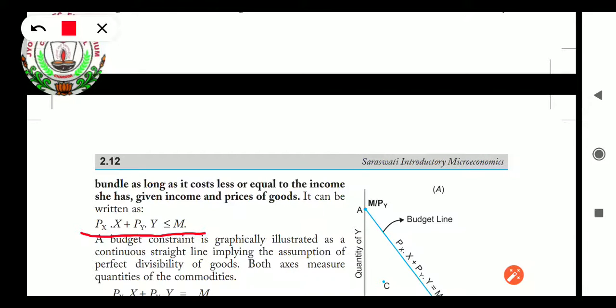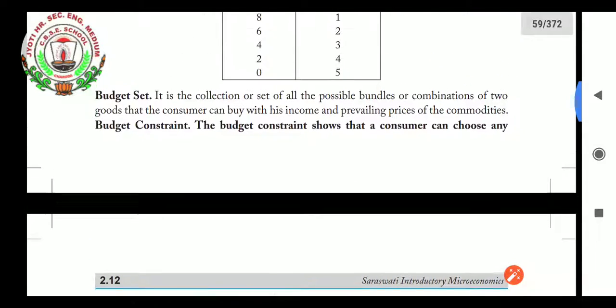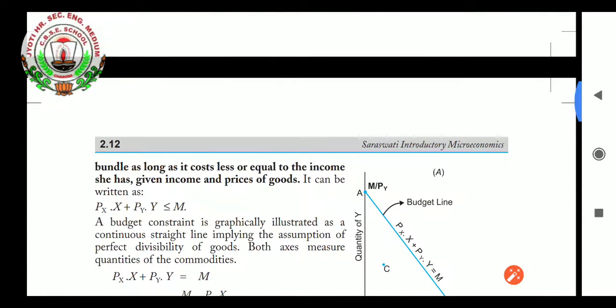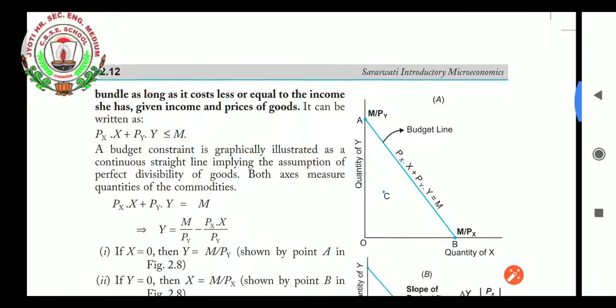You know, if we are having 100 rupees in the pocket when we go to the market, either we will purchase goods costing exactly 100 rupees, or we can purchase goods costing less than 100 rupees, but we cannot purchase more than 100 rupees worth of goods because no one will give it to us if we are not having the money. So this is known as the budget constraint. The equation which we are getting is known as the budget constraint.